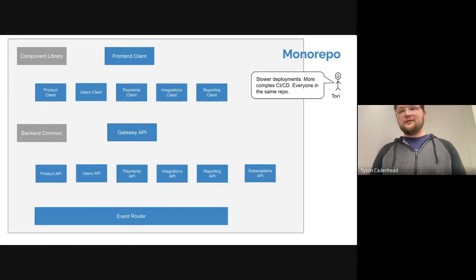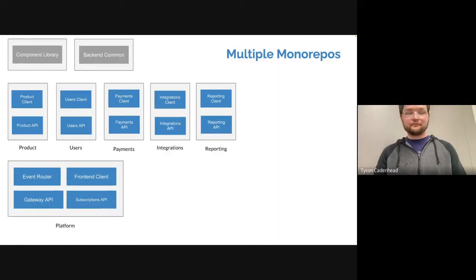And then another thing is that everyone is in the same repo, which is a good thing and a bad thing. It depends on how much you want people working across places where they're not on that team. It could be good though, because it helps teams have standards across the board.